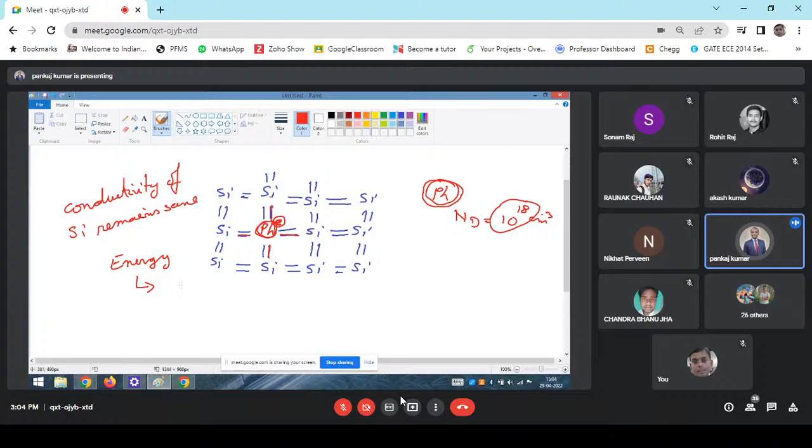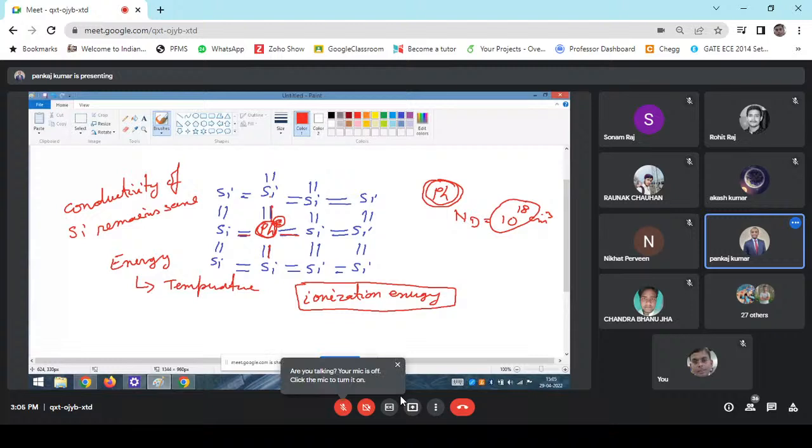Energy can be given in the form of temperature after the doping. So how do we remove this electron? In order to remove this electron, we need energy. Either this energy can be